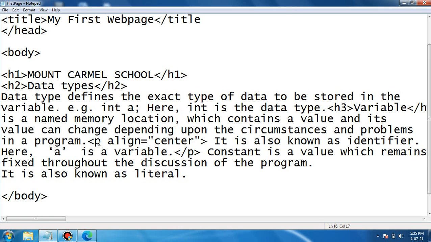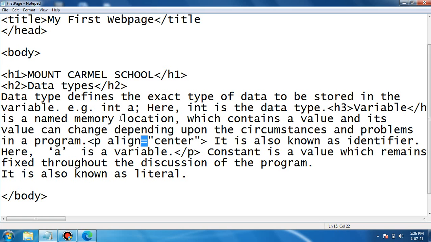Attributes are always typed within the start tag. After the name of the tag comes a space, then the name of the attribute, and then we assign the value using the equal to symbol.